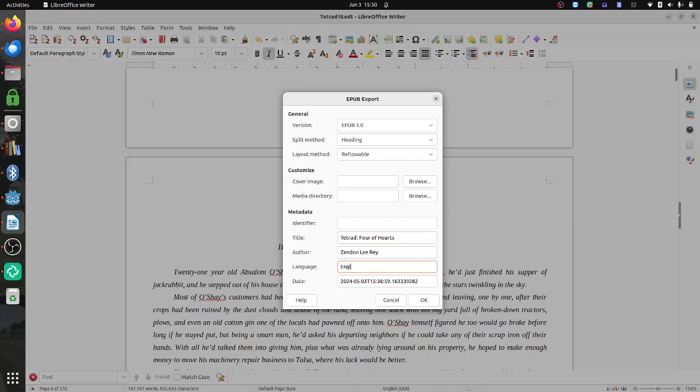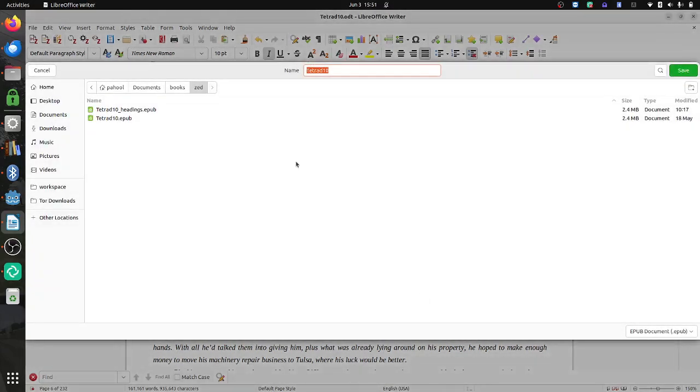We'll just add the language in as English. By default, it just timestamps it with the current timestamp, but you could change that if you wanted to. And I'm going to save it as tetrad new,